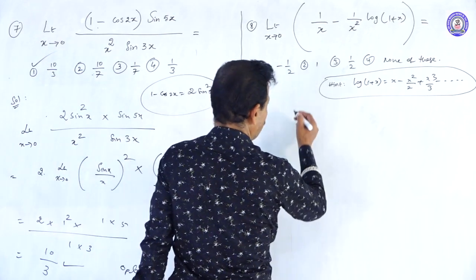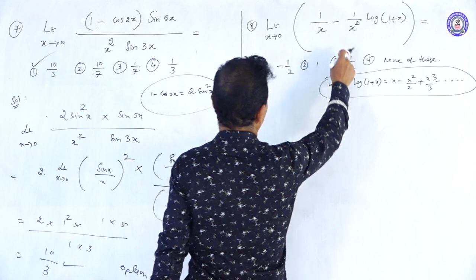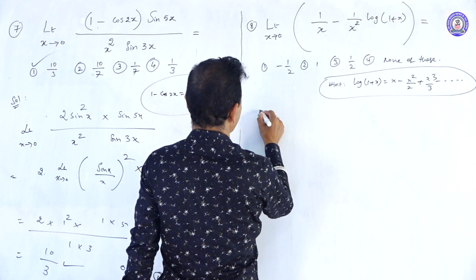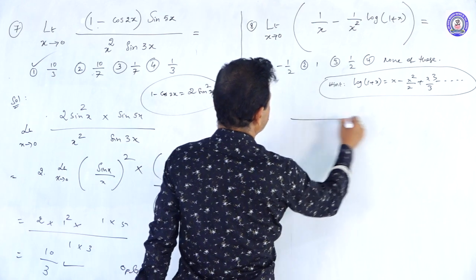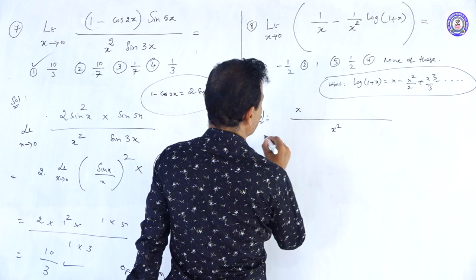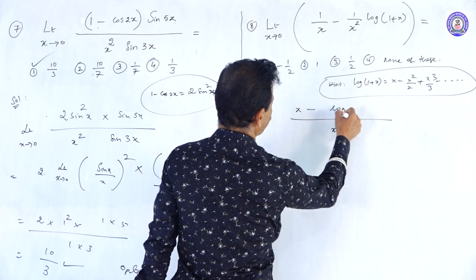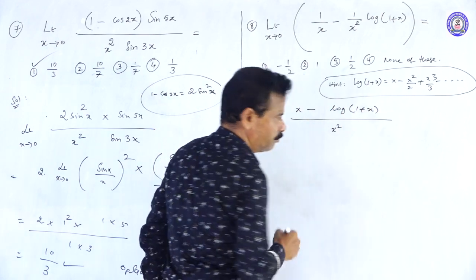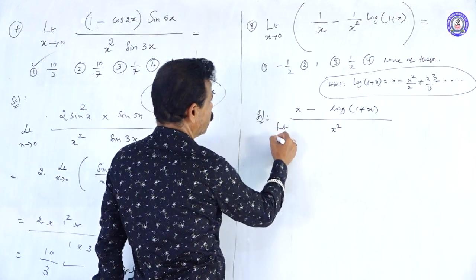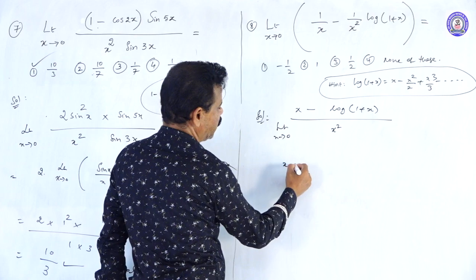So according to this formula, before going to process, here take an LCM. LCM is x square. So here x coming minus log of 1 plus x. After LCM, x as it is,